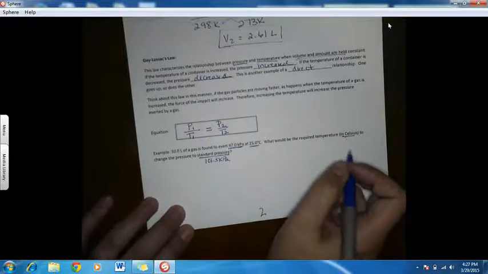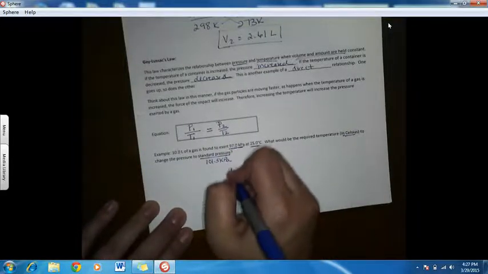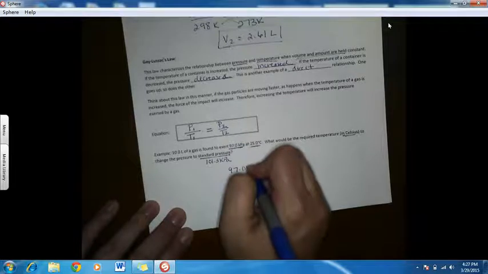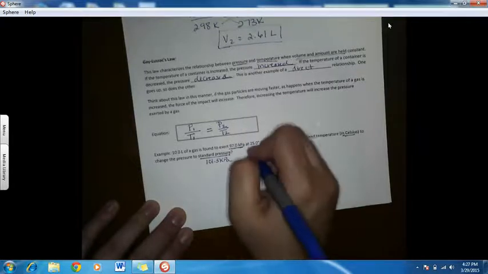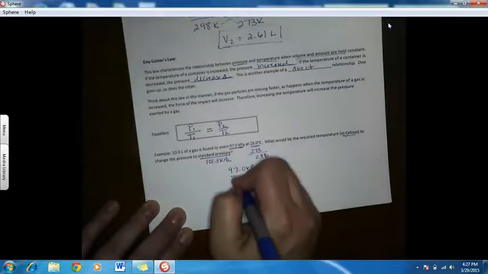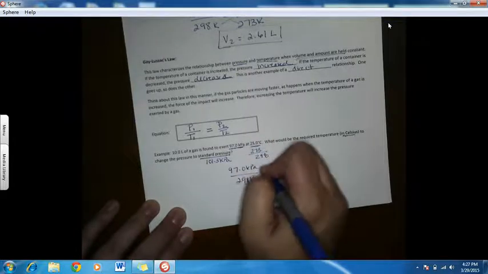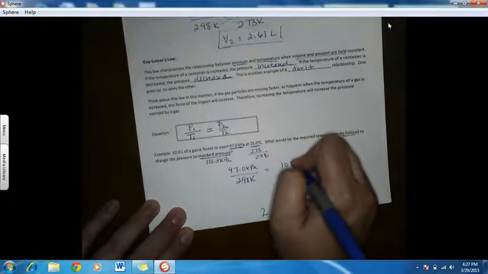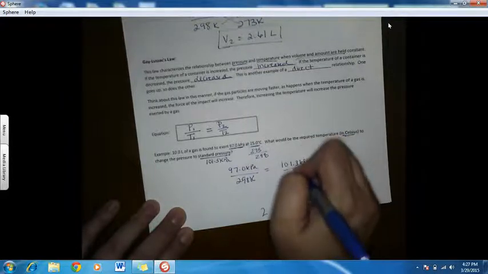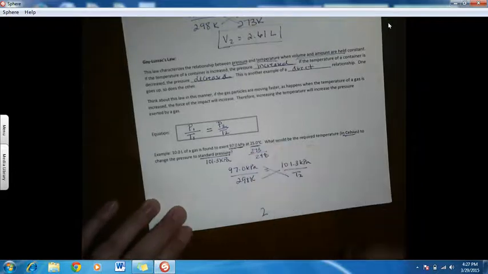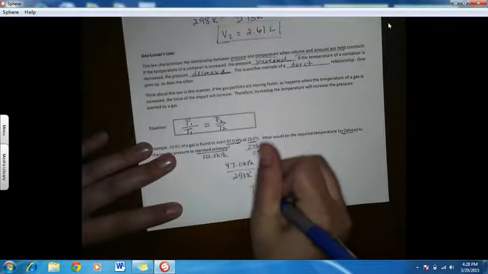Alright, and so our initial pressure was 97 kilopascals. Our initial temperature, again, this has to be in Kelvin, so I add 273, would be 298. It's going to be equal to 101.3 kilopascals over our new temperature. Again, I recommend cross multiplying. So we get 298 times 101.3, and then we would divide by 97. And so for T2, we would get